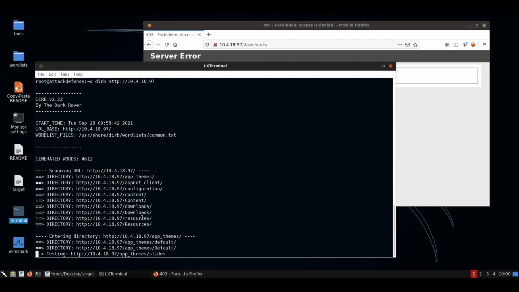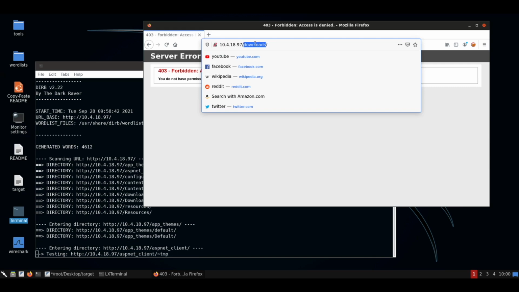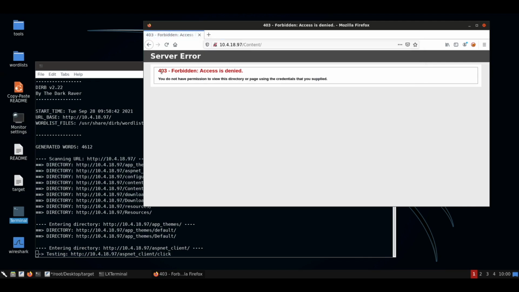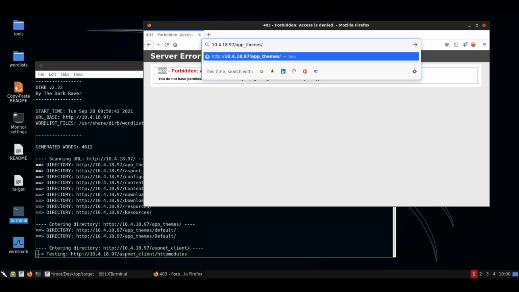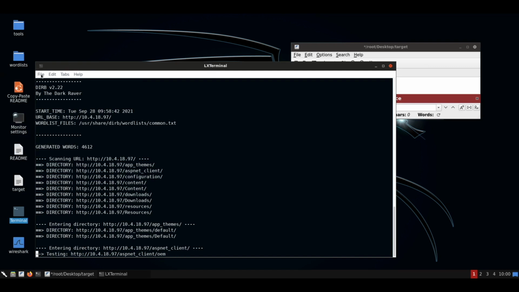Since it found these top level folders, now it's looking for subdirectories. And we'll probably continue to get 403s, but a 403 means it might actually be there. So this is